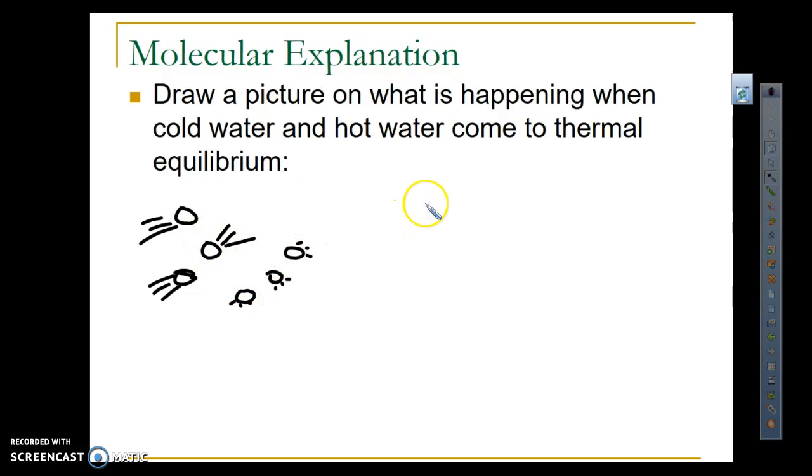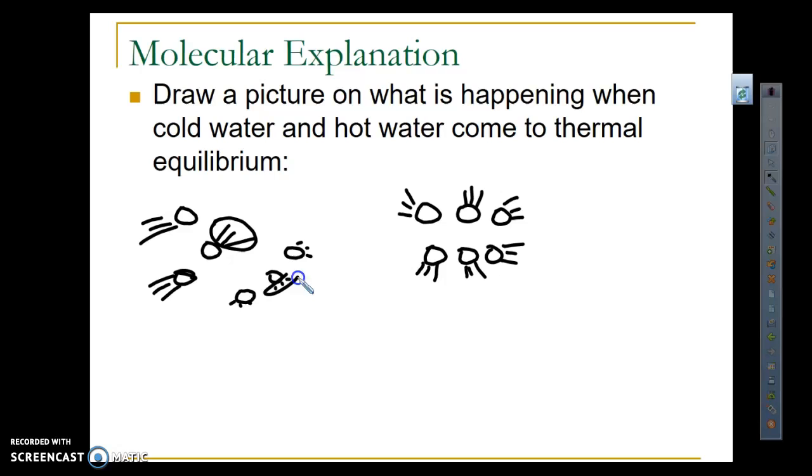what's going to happen is all 6 of them eventually, they're not going to line up like this, but all 6 of them will have about an average of the 2. And again, when I talk about an average of the 2, it's the average between this speed and this speed. But also, I want you to understand, and this is kind of a weird concept to think about, that this is just an average kinetic energy. They're not all moving this fast. Some are moving faster, some are moving slower, but on average, they're moving at an average between the fast and the slow.